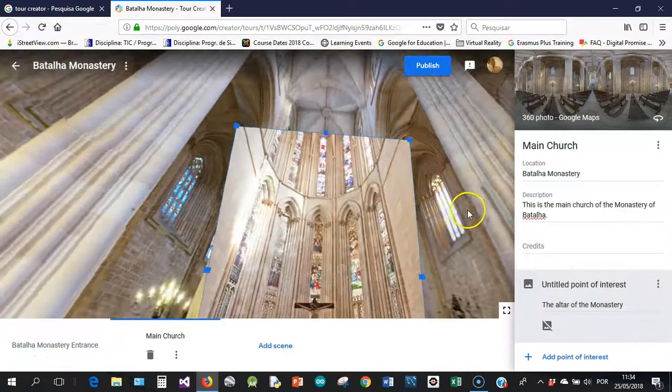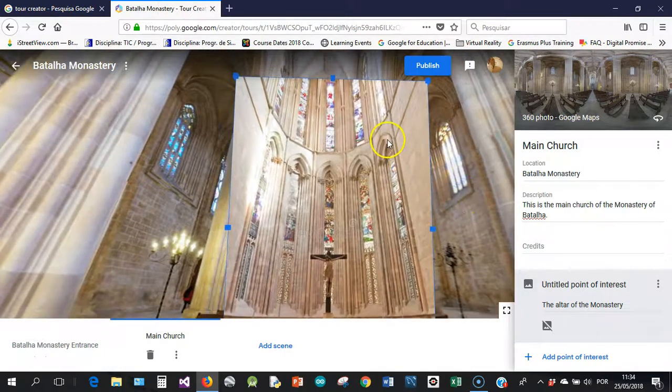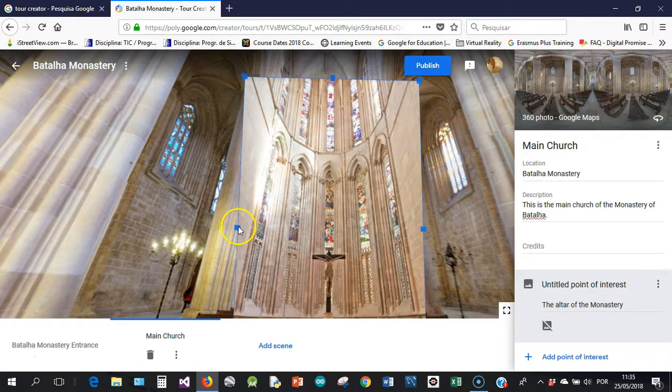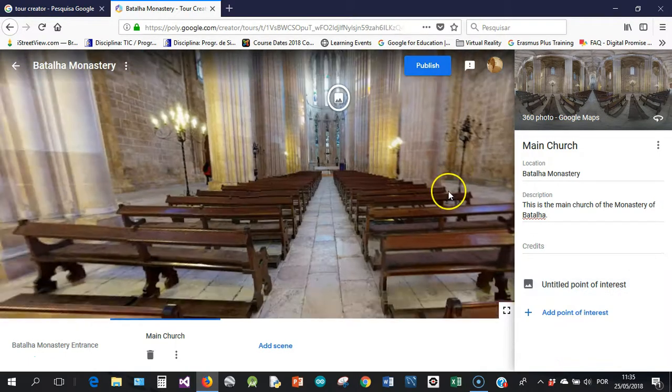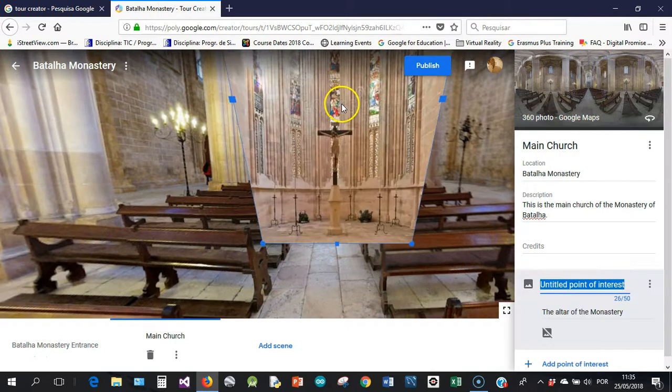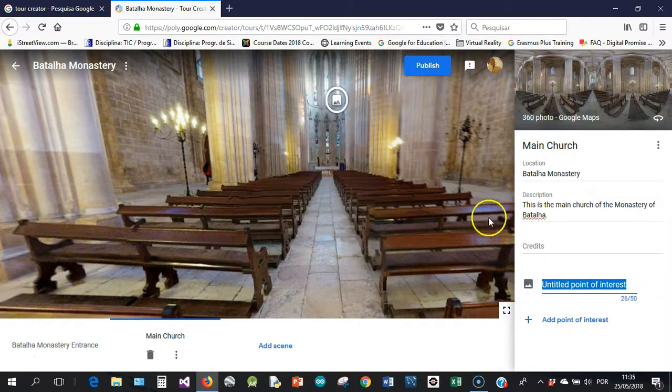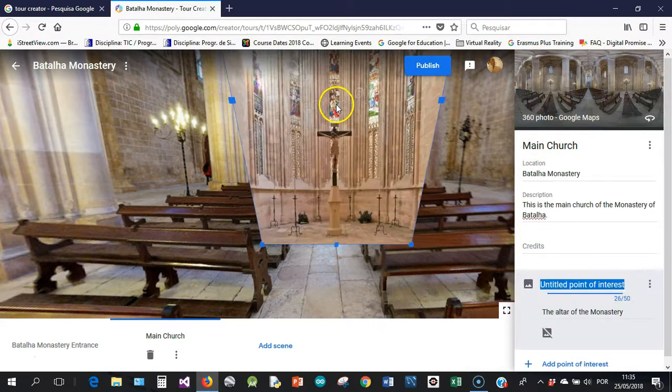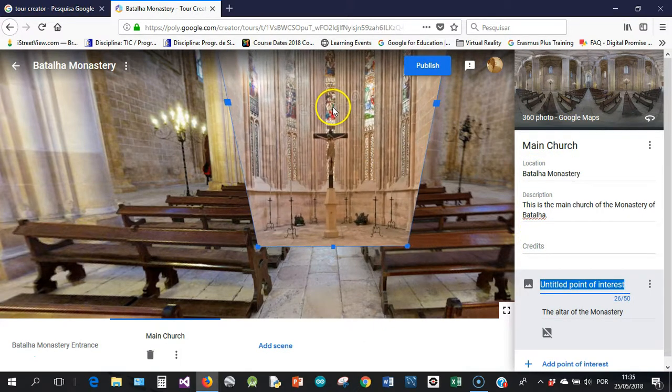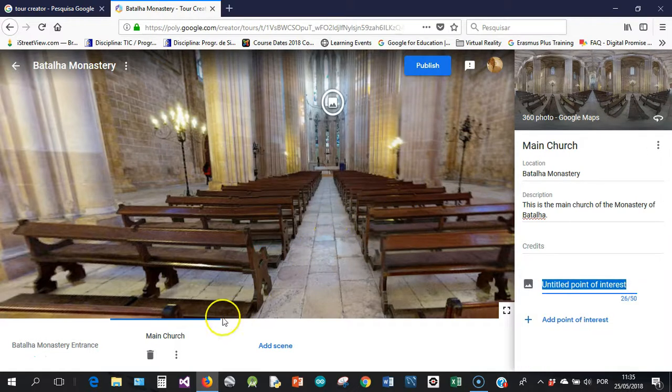Once again, we have to define the position. Okay, just a bit like this. Good. And anytime we click here on the point of interest, we're going to have the opportunity to see more close to the monastery. I will just return to the